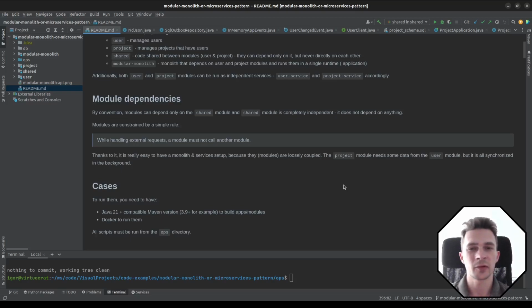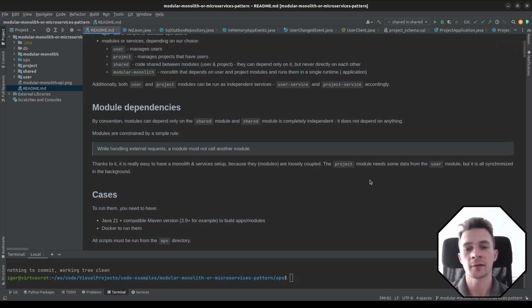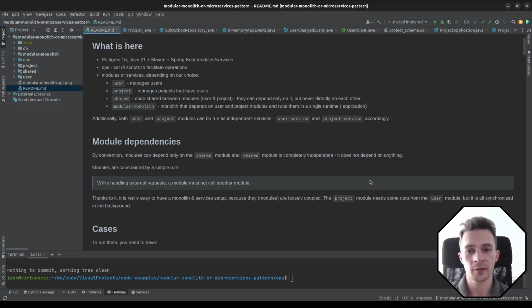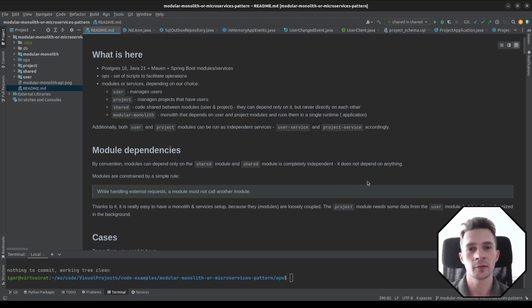The project module needs some data from the user module, but it will be done all in the background. They will not communicate with each other directly while serving external requests. And we'll have different implementations of this communication, depending on whether we have a modular monolith or two services,